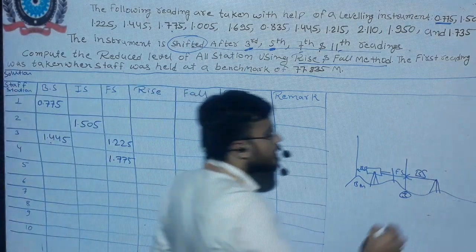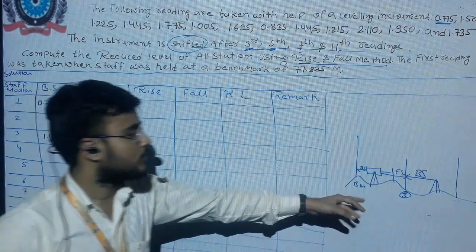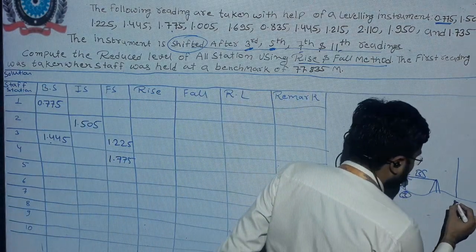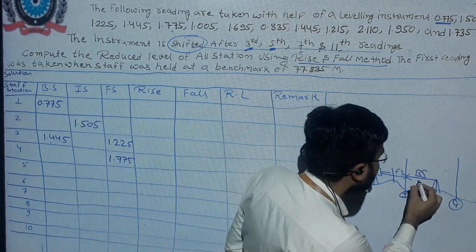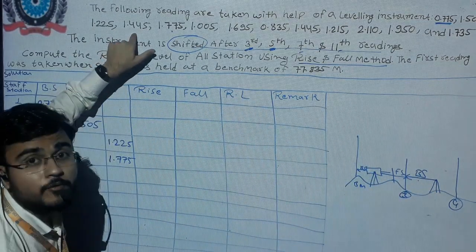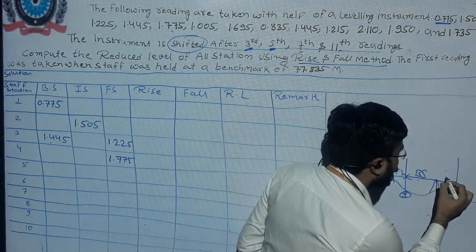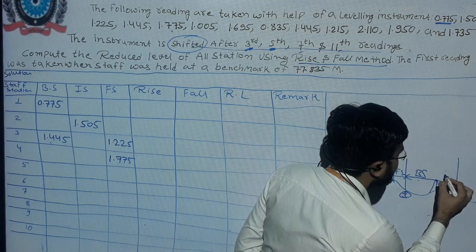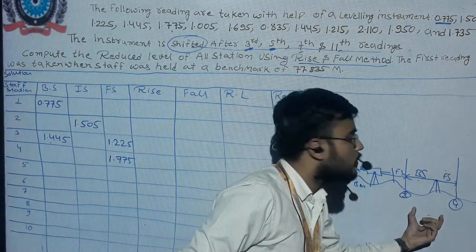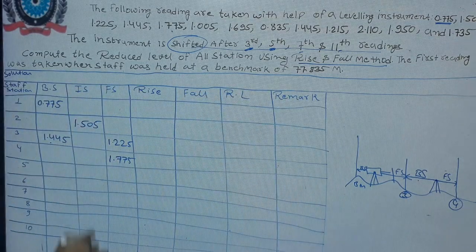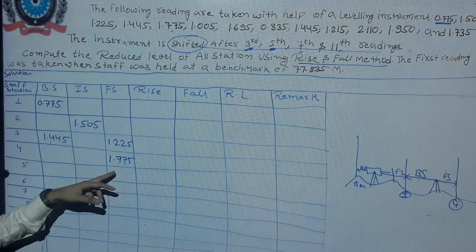How is it possible? Now if I take the staff number 4 here, so these are the third reading, the fourth reading is a backside, which means the fourth reading is 1.445. Now the instrument takes the last reading in this span, this is the foresight. There is no intersight between this particular area or line. So 1.775 is the foresight.